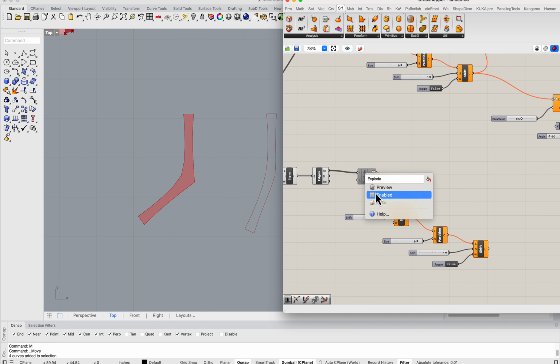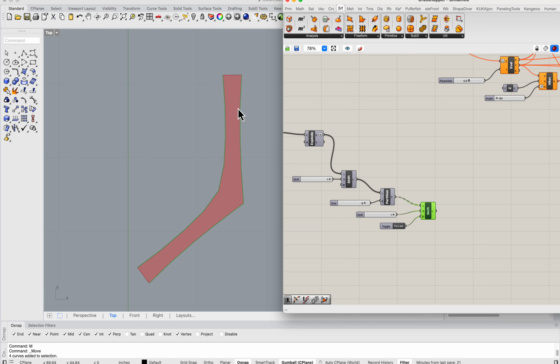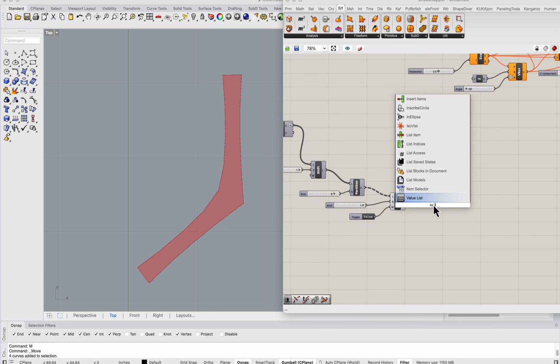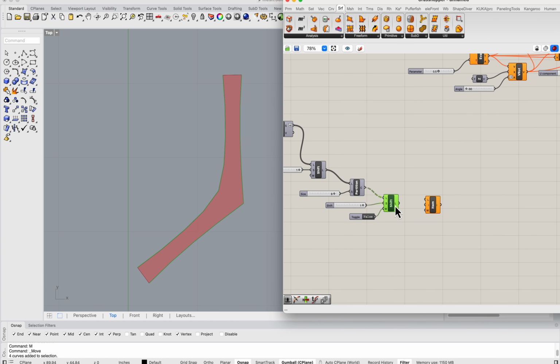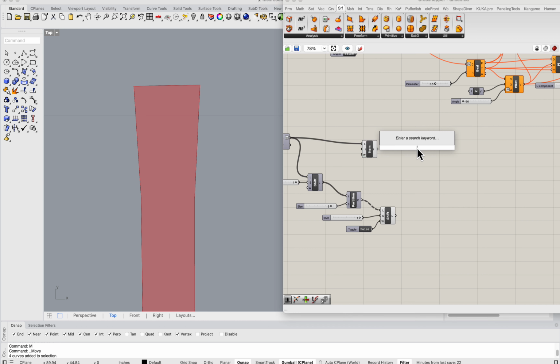So if I grab this and enable this portion, this will basically give me these two edges. And then I can do another list item here. And then just work on this individual edge. We can also do it here probably. Yeah, so I can actually run it here, then we can run it at the bottom portion. So in this case, we are going to do a hole. So we can do point on curve